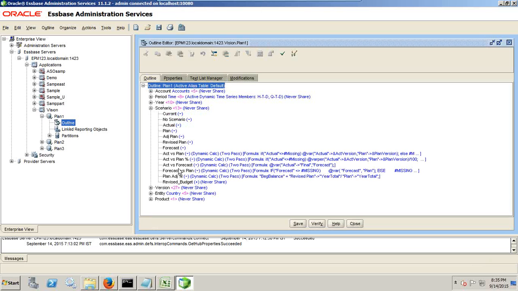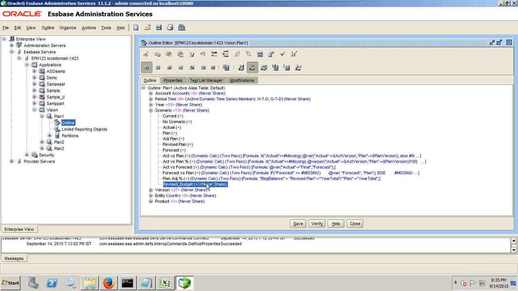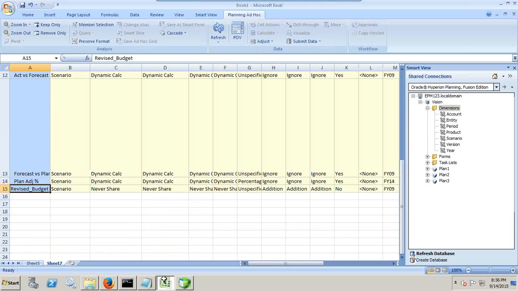Under scenario, the revised budget is visible over here. So you see how easy it is to add a new member, right? In addition to adding a new member, you can also modify the properties as well. For example, right now the